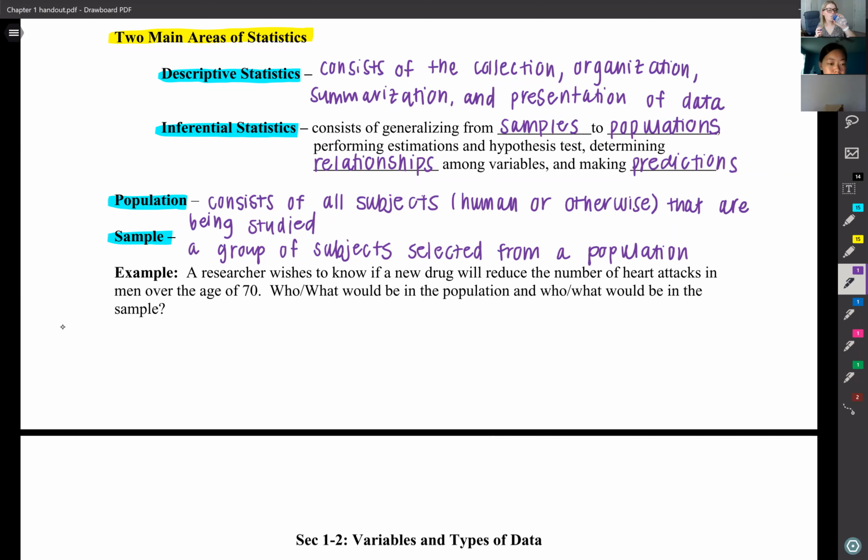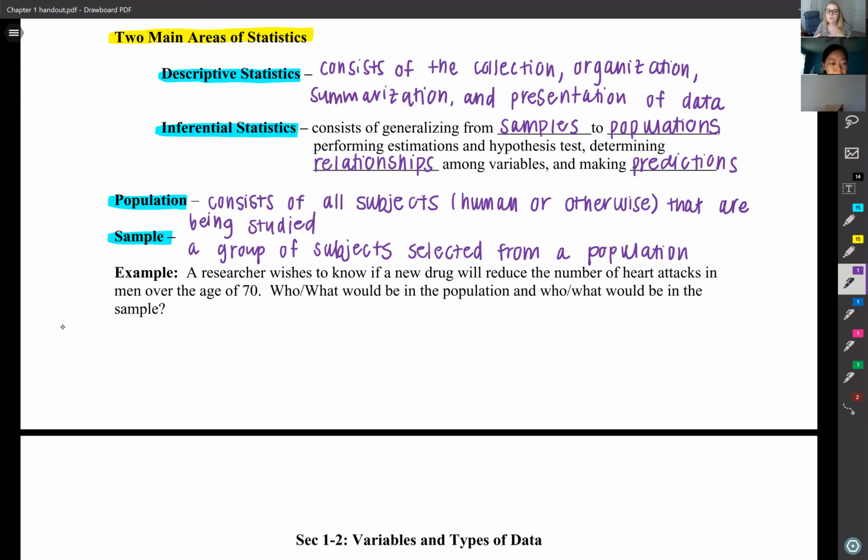One of the reasons why we even talk about samples is because it's often too expensive to do a study on a whole population. So instead we do a sample. Like I mentioned earlier, maybe there's a medical study on a new medication, and you want to see how it performs on a certain group of people, say women. Obviously, I can't do a study on every single woman in the United States. It's too expensive and it doesn't make sense. So instead, we take a sample, a group of women or men, and do the study only on them. Then we take that and apply it to the population.